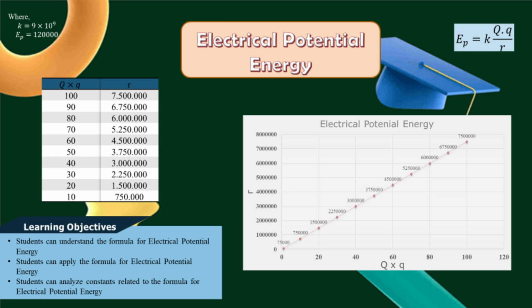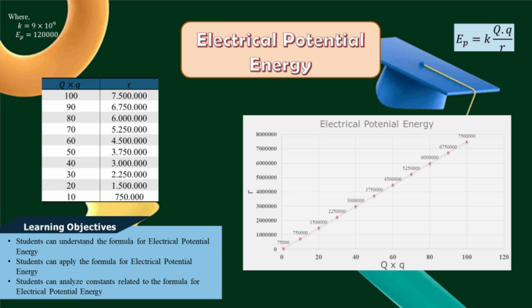Electrical potential energy. If we make it into a formula, we have EP is equal to K times big Q times small q divided by R. If K is equal to 9 times 10 to the power of 9 and EP is equal to 120,000, if we make it into a table of the range where big Q times small q is 100, and using mathematics, we have R is equal to